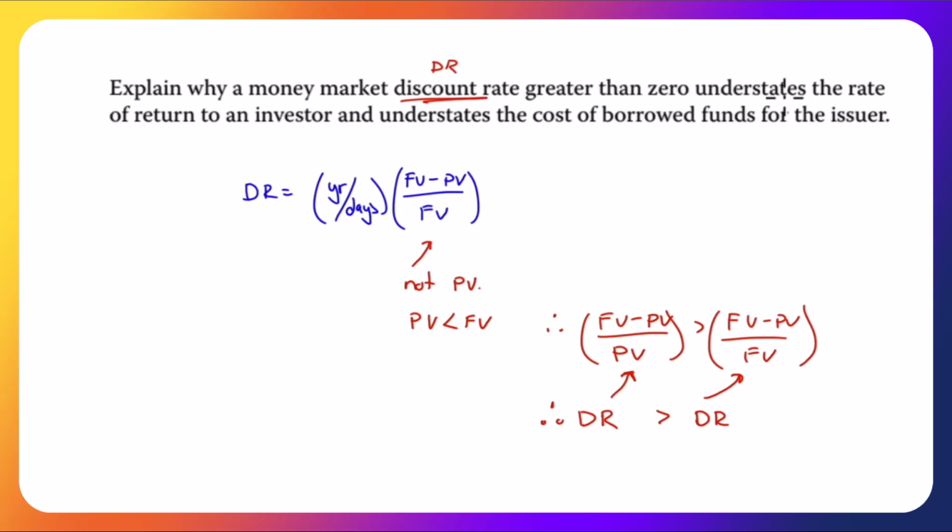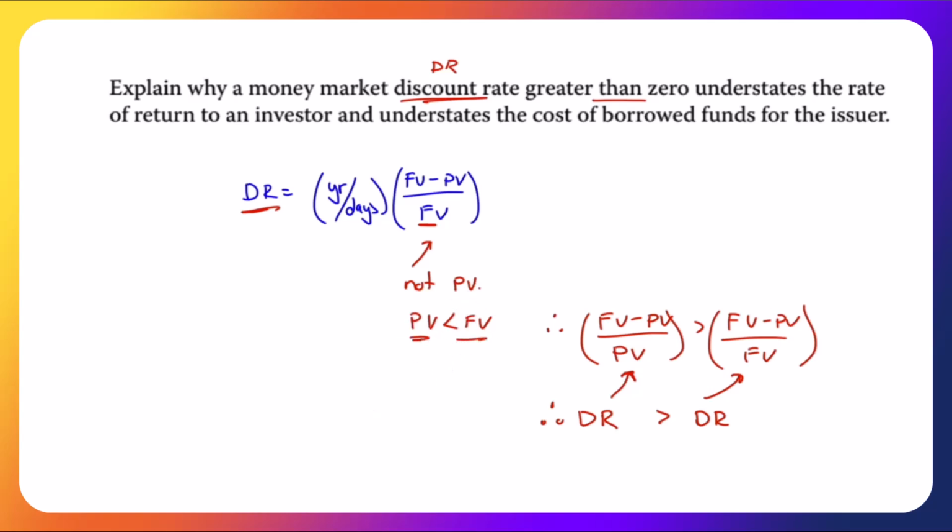Explain why a money market discount rate, here we're looking at is DR, the discount rate, greater than 0 understates the rate of return to an investor and understates the cost of borrowed funds for the issuer. So we start with the formula for discount rate, and we note that the denominator here is the future value, not present value. For a money market security, if the discount rate is greater than 0, present value will be